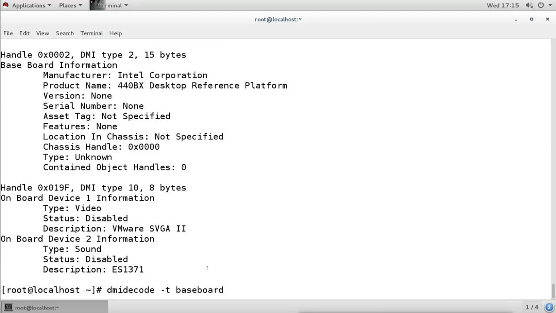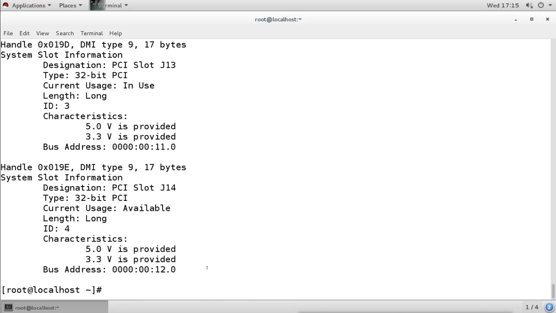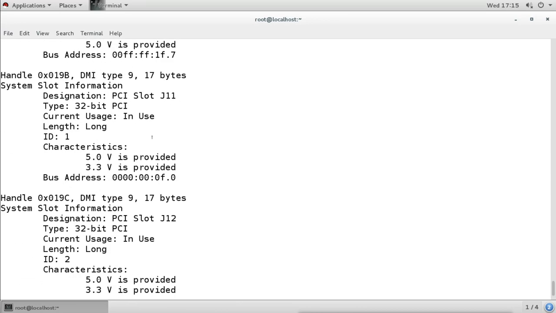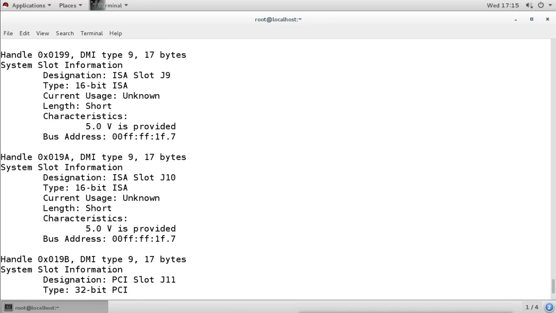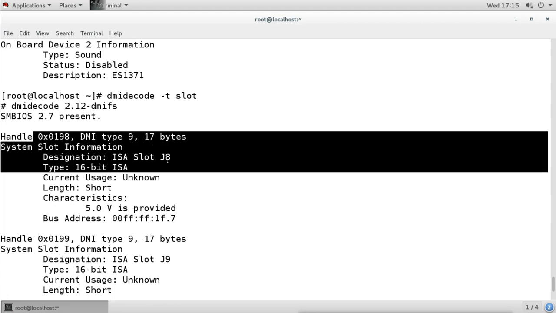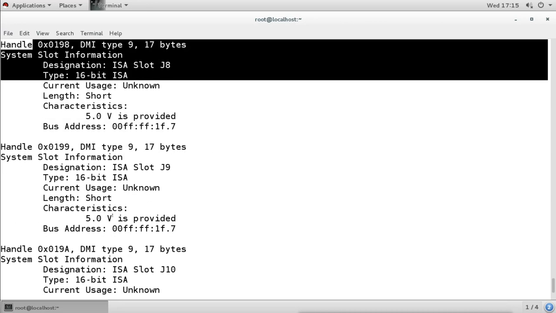If you want to see about the slots, how many slots we have, we can mention that we want to see the slots. It shows how many slots we have in the system and what those slots are. Here it is showing the slots we have. ISA slot J8, the type is this, current usage is unknown, it is not used, length is short, and the characteristics and address are shown.